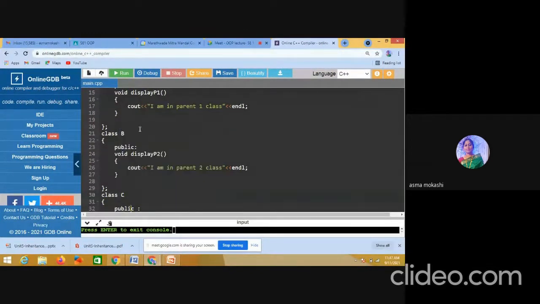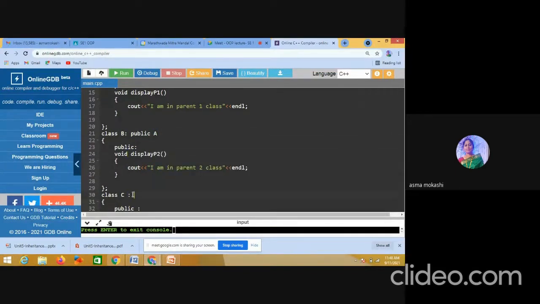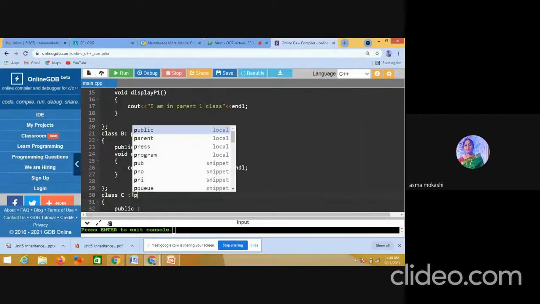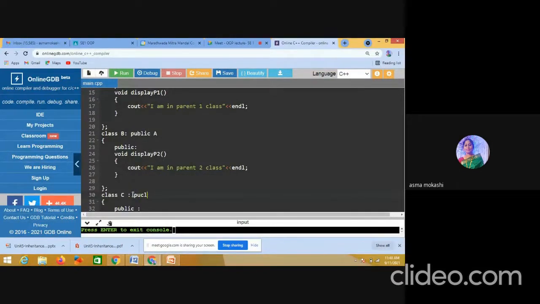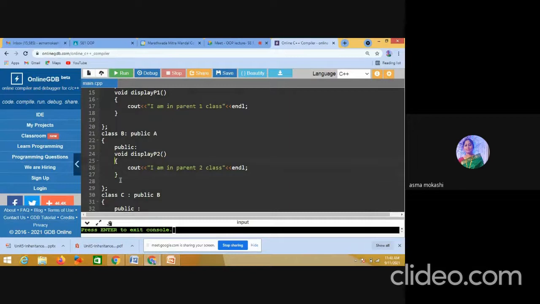So what exactly are we doing? We are writing which is my base class. B's base class is A. So you always remember I have to write here the base class of that class. What is the base class of B, that we have to write. A is the base class. Similarly, C's base class is B. Public, then write the base class. My base class is B. Done. So here it is very easy.